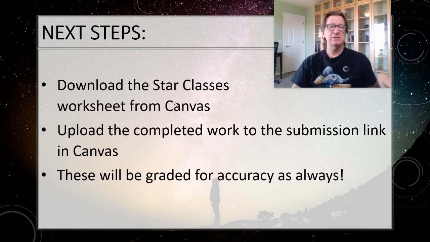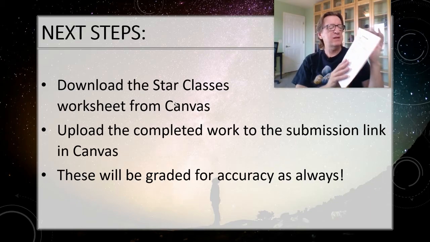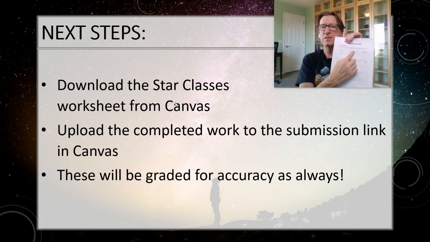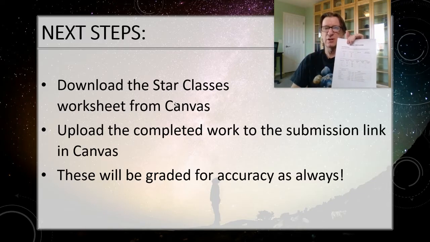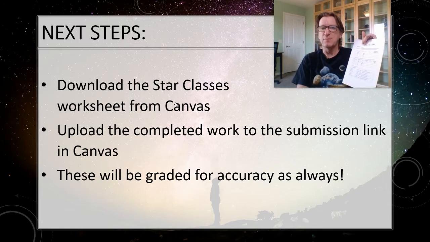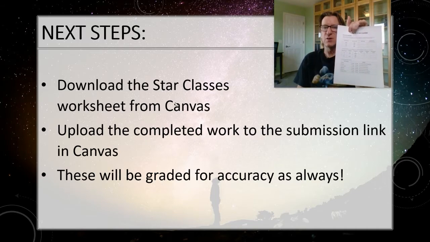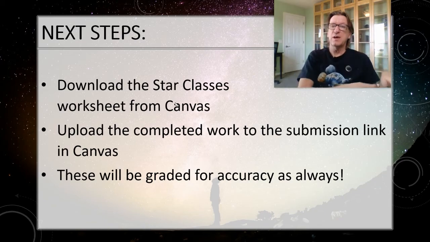Download the star classes worksheet, the practice sheet from Canvas that looks like this. On this one, you're going to be classifying the star using the HR diagram that you'll find in the reference section. There's a nice color HR diagram, or you can look at the video or the PowerPoint. And then if it's a main sequence star, we're going to have you calculate the radius, the mass, and the lifetime using those tools that we just talked about. And then this is testing your understanding of the OBAFGKM spectral types. Okay, so work on that. Let me know if you have any questions, and we'll see how that goes.